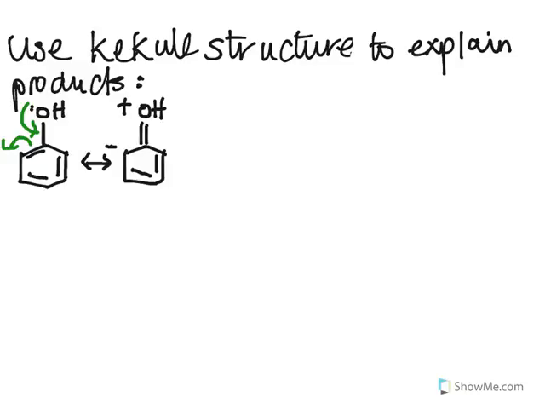Of course, if we continue the movement around the ring, these electrons can then move into the ring if this bond is broken, which gives us the possibility of another form where we have a negative charge localized on there. We have this form here, and still the oxygen, having formed an extra bond, donated its electrons into the ring,